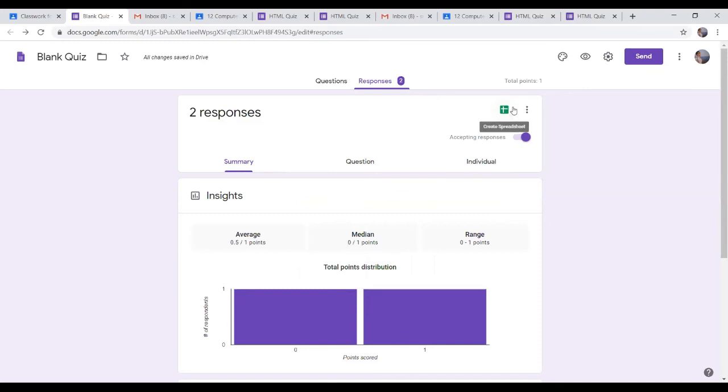So this is one of the best ways to take a test of the students, because students will enjoy answering MCQ kind of questions and they can immediately see their responses. The teacher can also immediately see the responses, how many have responded and how many have not responded. So all this can be managed. This is one of the best examples of taking a test online for the students.